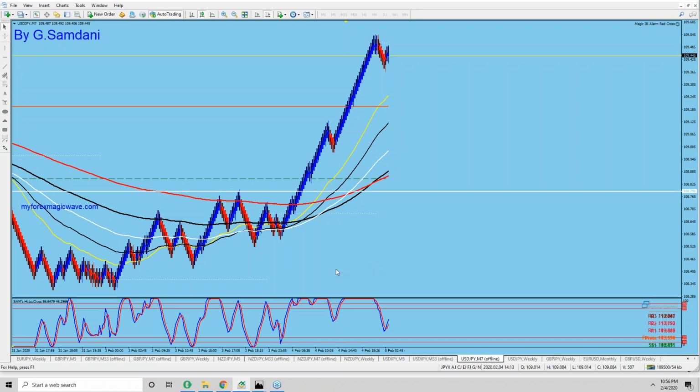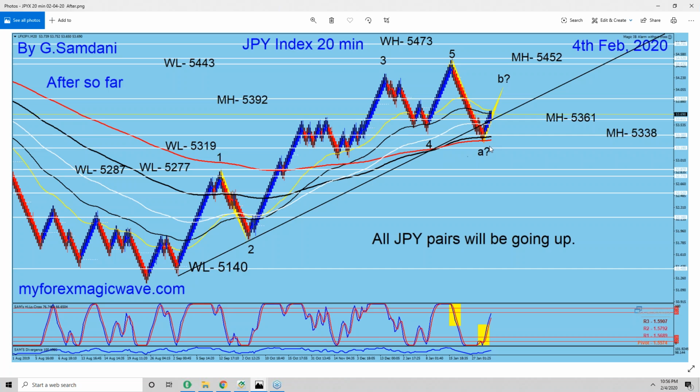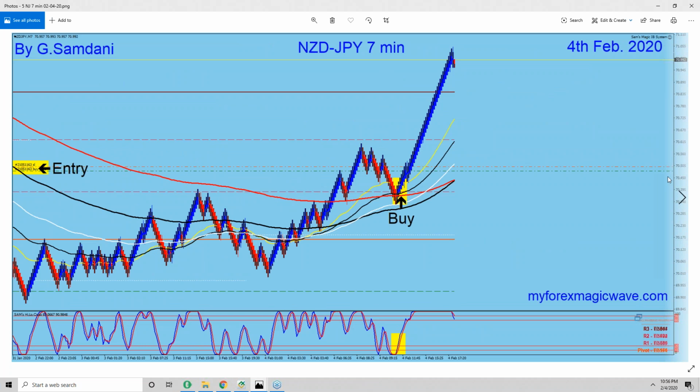Simple as that. Use the exact system and follow the rules, and that's what's going to happen to you, right? Simple as that. So all of these nice trades, and besides that, I had a couple more trades like